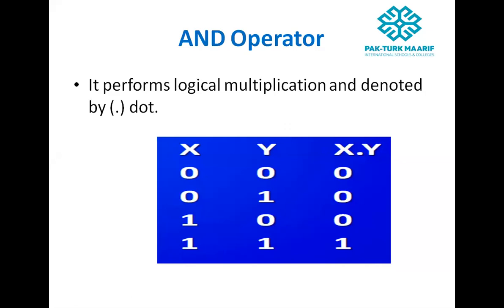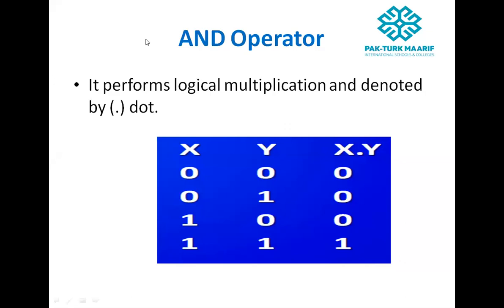Or 2 multiplied by 5 is 10. But in Boolean algebra, the result will be true or false, zeros and ones. It is denoted by a dot sign, also called a period sign.